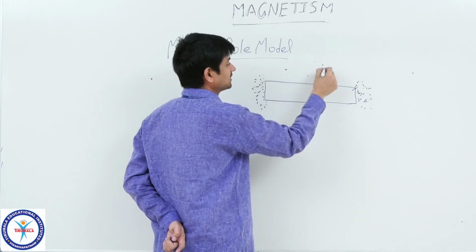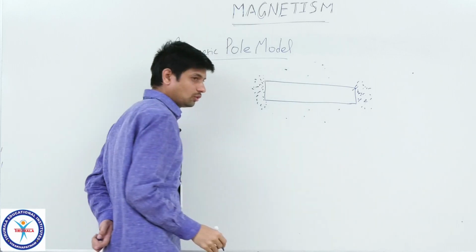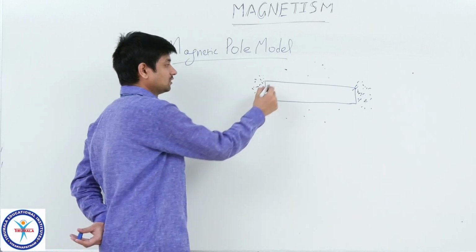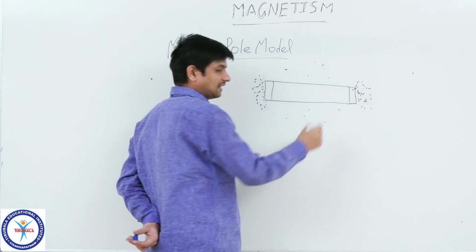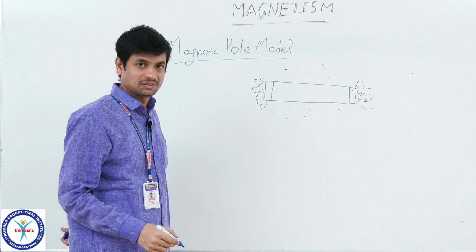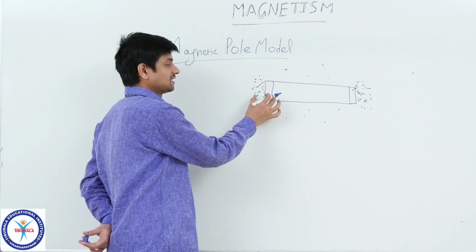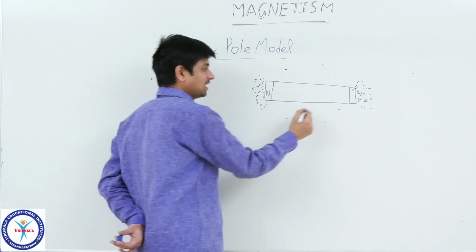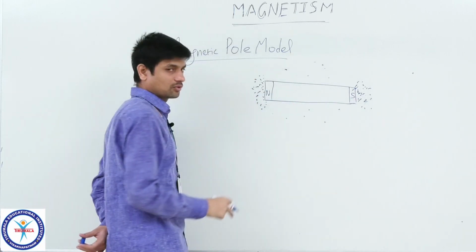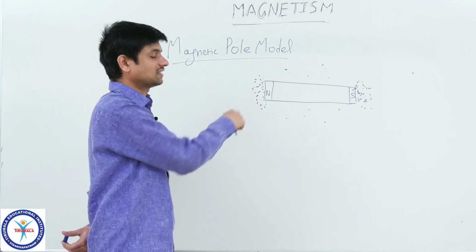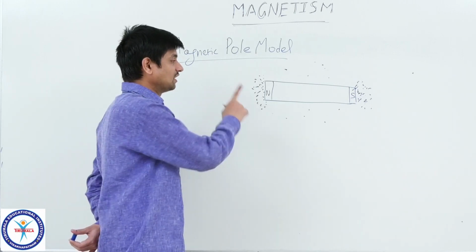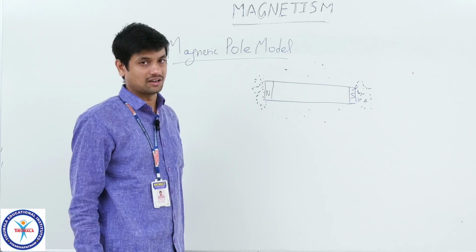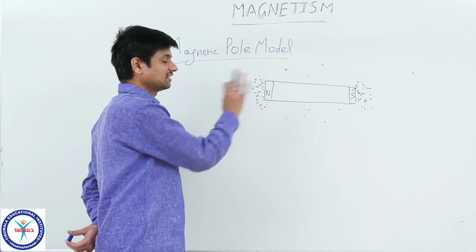And some iron filings will be left here. So, you can say most of the magnetic effect will be observed at these poles. That is why they are taking this concept as the pole model, and they kept the names north, south. I said before why that is north and south. It has the directional property. Always one side of the pole shows you the Earth's geographical north pole. That is why they have kept north and south.